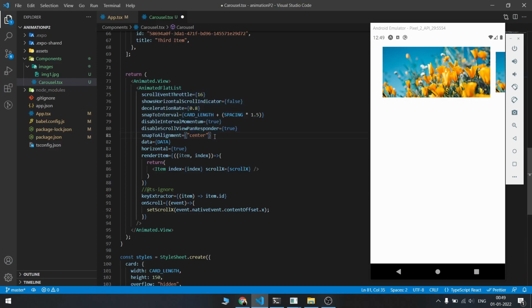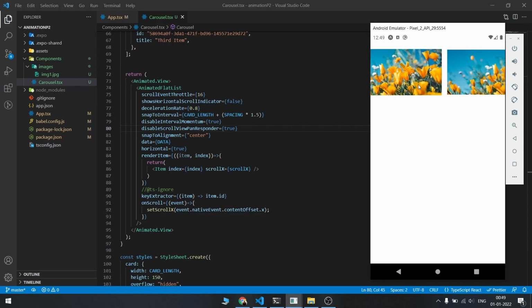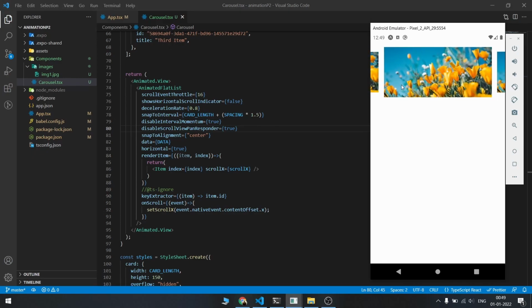So these are the properties, and what this does is it basically limits our scrolling, and it snaps to various intervals if we leave it behind. So if you see here, now I'm gonna scroll, and if I leave it here, it will automatically adjust to the second phase because it is scrolling towards that phase.